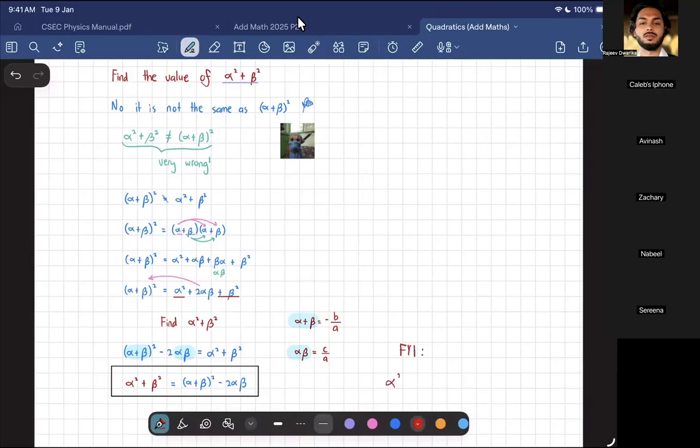If you need to figure out alpha cube plus beta cube for whatever strange reason, this is what you're going to do. That is going to be equal to, it's not A, it's alpha, and it's not B, it's beta. So alpha cube plus beta cube will be alpha plus beta by